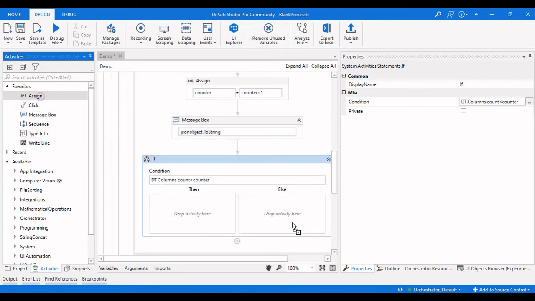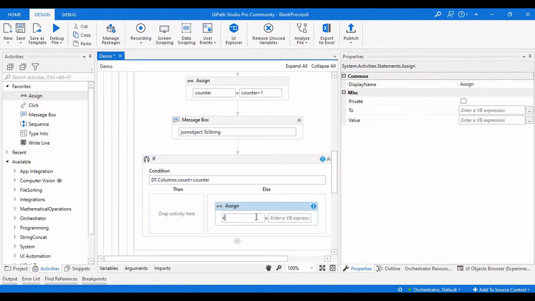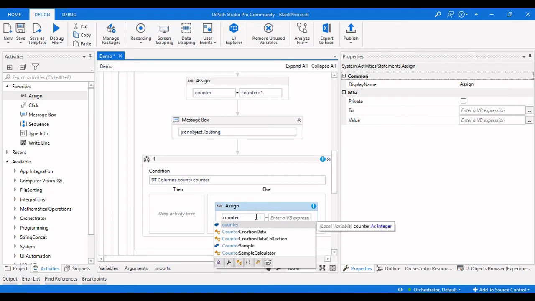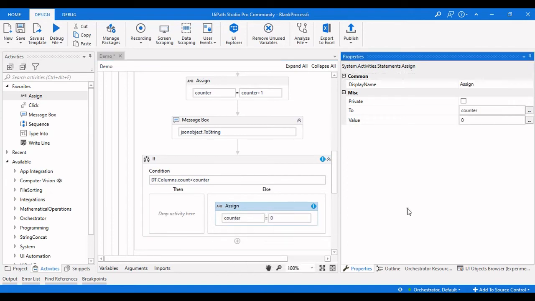Then we need to assign counter equal to 0 again.